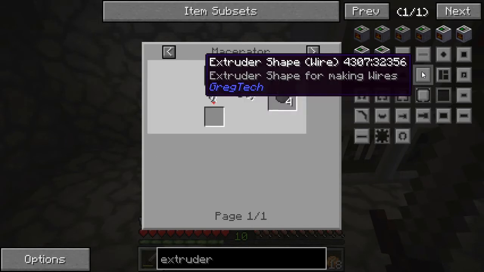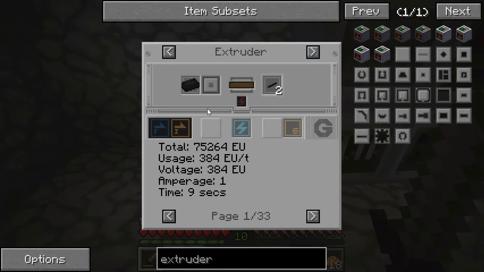That's probably the only thing that gives you any type of savings. You can use the extruder to make wires, but it's a lot more power than just using the wire mill, so it's not really useful for that. But if you got to a point again where your energy production was high enough that you didn't care,